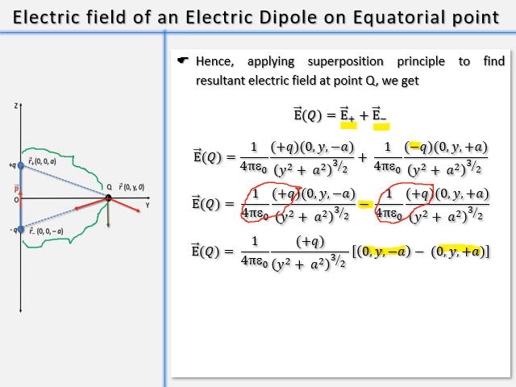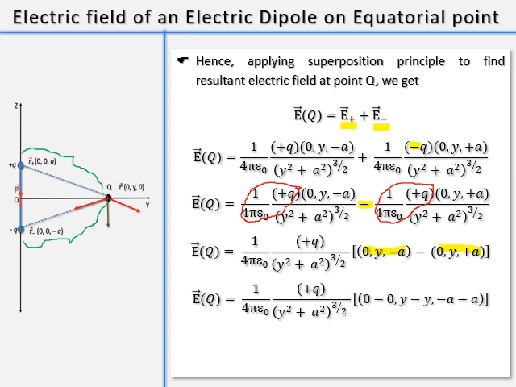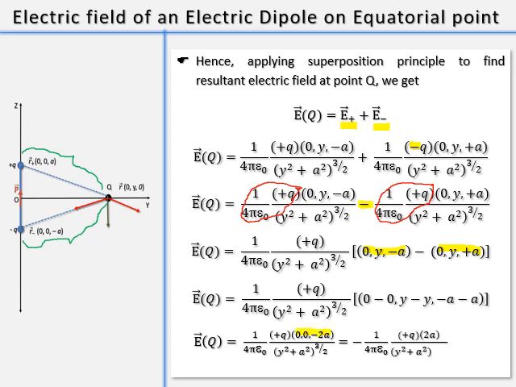What will the two give us on subtraction? We get 1 by 4 pi epsilon 0 q upon y square plus a square raised to 3 by 2, and in the bracket we have (0, 0, minus 2a), and once again,